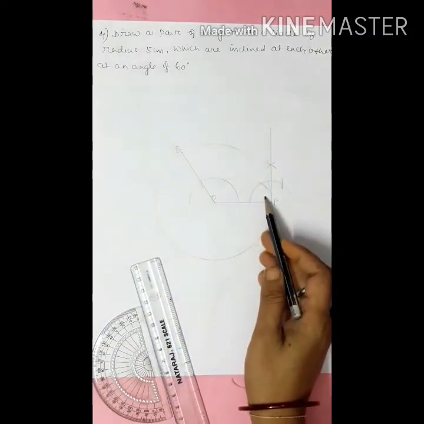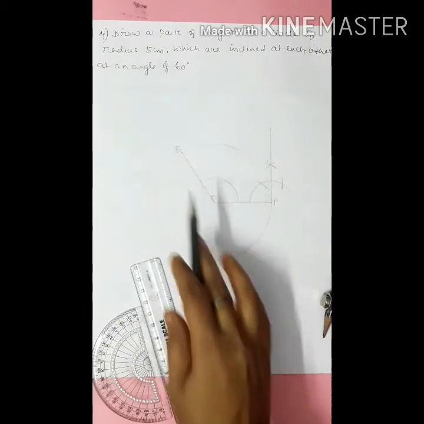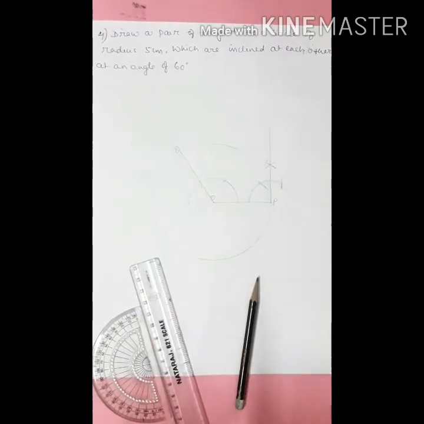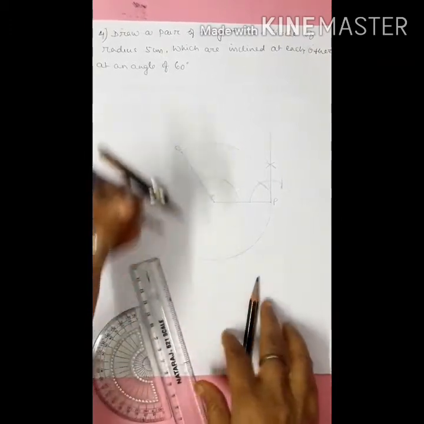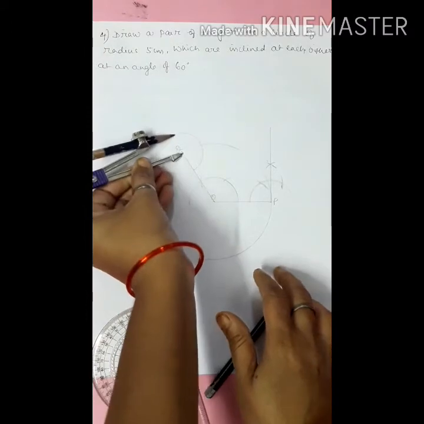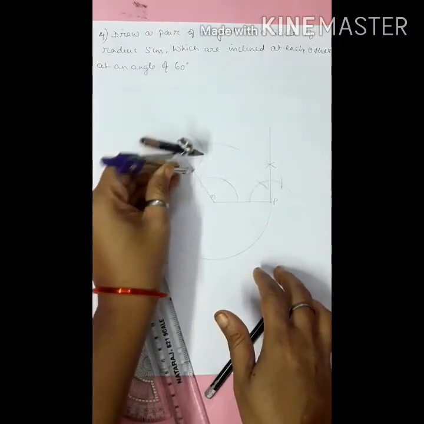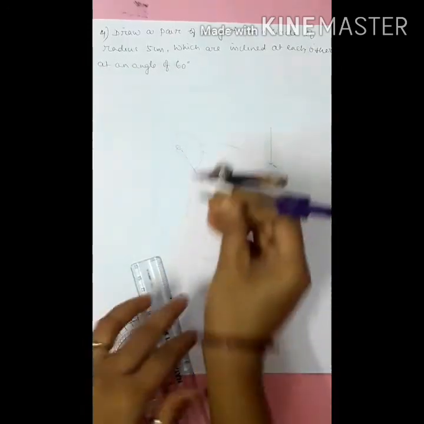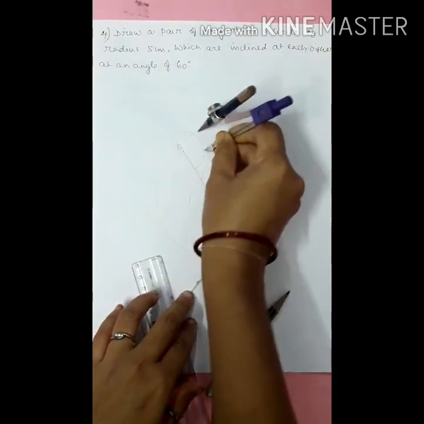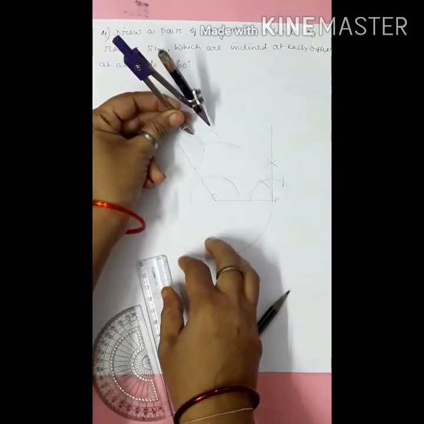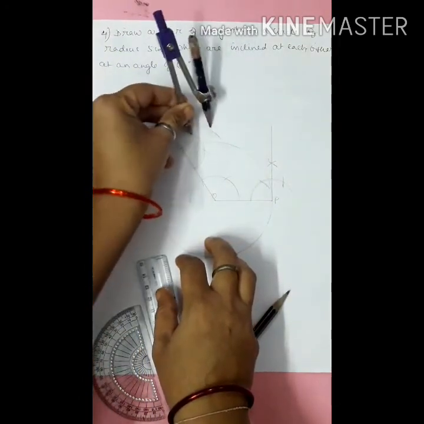So this is 120 degree. This is the 90 degree. Now we also have to join the 90 degree because it becomes a quadrilateral. So it is a cyclic quadrilateral. Opposite angles are equal. Take 120 degree. So here at the point Q you have to construct 90 degree. All of you know how to construct the 90 degree. Same radius here.